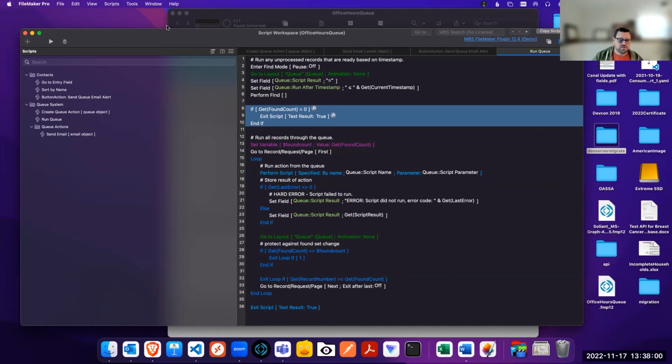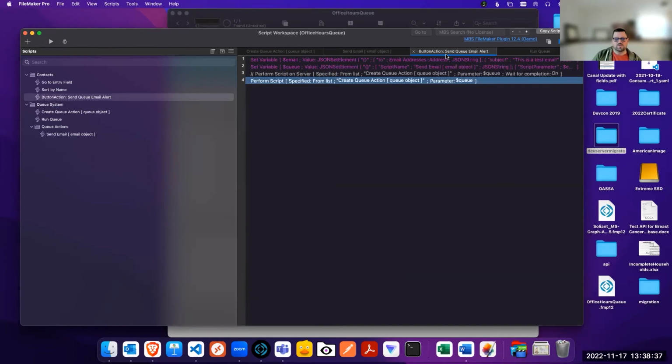Like the structure behind FileMaker Server's implementation of cron jobs, which is like scheduled scripts, is designed to handle things and stack them up. Now, you also have to be careful with your scheduled scripts too, how many you're running at any given time. The general rule of thumb is that you don't want to run more than probably 10 concurrent actions of server virtual clients. So to run scripts with perform script on server, or to run scripts as a server scheduled script,